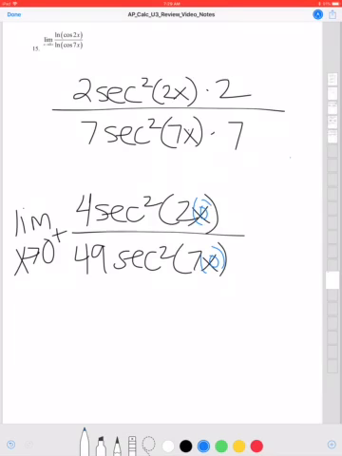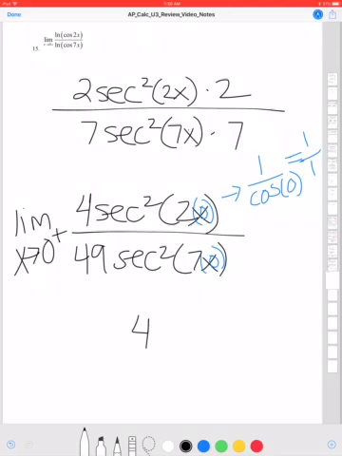Alright, if I plug in 0, I get secant squared of 0. 2 times 0 is 0. Secant is 1 over cosine. Cosine of 0 is 1, so this is just 1. 1 over 1, which is 1, and 1 squared is 1. 4 times 1 is 4. Right, we're going to get 1 again on the bottom for secant squared of 0. And 49 times